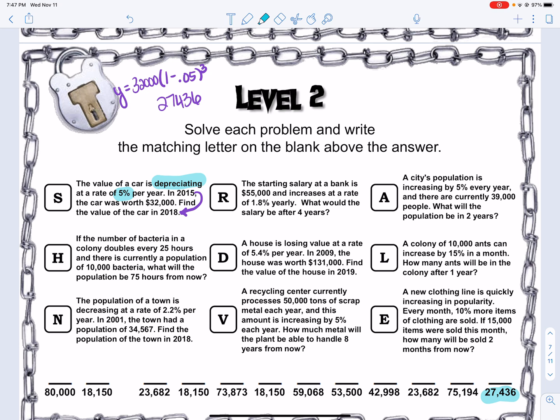So if I don't get an answer that's there, that's when you email me and say, Miss Williams, I'm on level 2 question R, and I can't get the right answer. I really need you guys to do this. This is the only way, because the answers are there. So if you don't get the answer, that means you don't get it. Please get a hold of me right away, because we're doing logs. We aren't doing exponentials. This is something you've already done. So please get a hold of me if you can't get one.